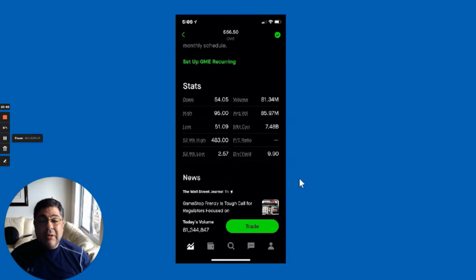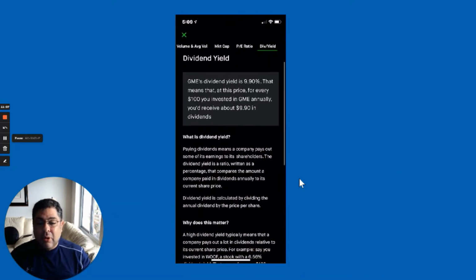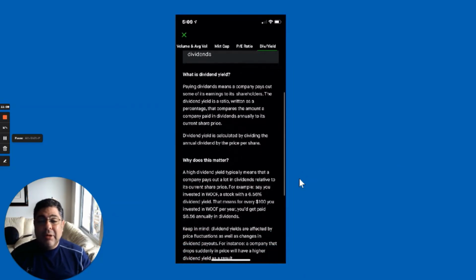Okay, dividend yield. That's basically the dividends that get paid divided by the price of the stock. In this case it's 9.9. So let's look at why this matters. A high dividend yield typically means that the company pays out a lot of dividends. For example, you can see a stock with a 6.5% dividend means for every $100 invested in Wolf, I don't know what Wolf means, per year you get paid